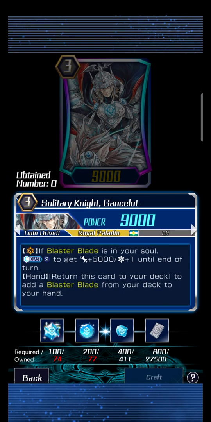Let's move on to Solitary Knight Gancelot. Practically, I don't really like or play Gancelot, but Gancelot in early game, if you have him in your hand, Blaster Blade will be there for you. Basically for me, if I were to have Gancelot, I will only use it to search out my Blaster Blade. Other than that, riding him in grade 3 is really a downside of it, because